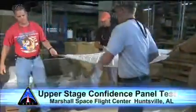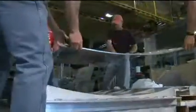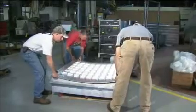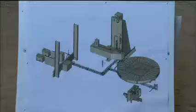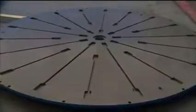Confidence panel testing continues for the ARES 1 upper stage instrument unit. These tests are looking to increase the aspect ratio of the instrument unit's height compared to the structural ribs to reduce the component's weight. Further progress was also made this quarter on the installation of Marshall's robotic friction stir weld